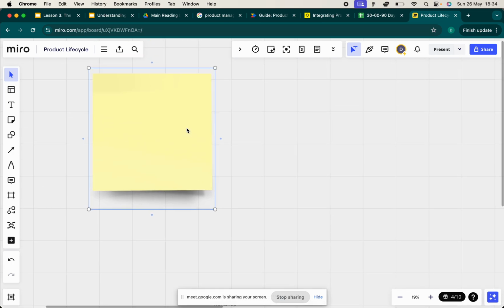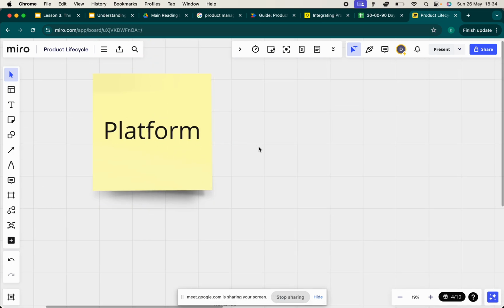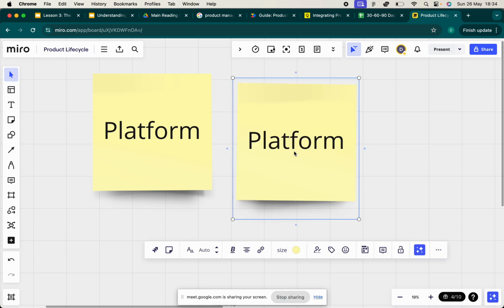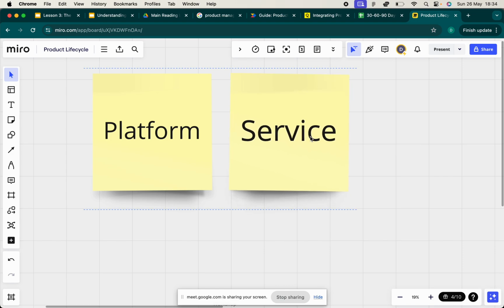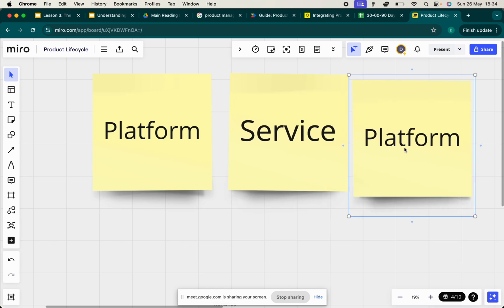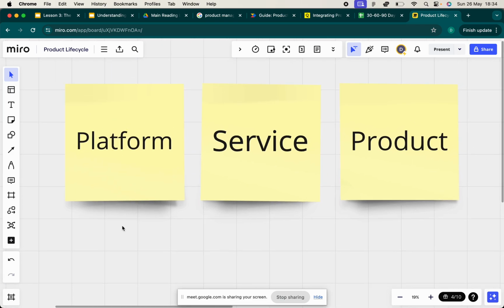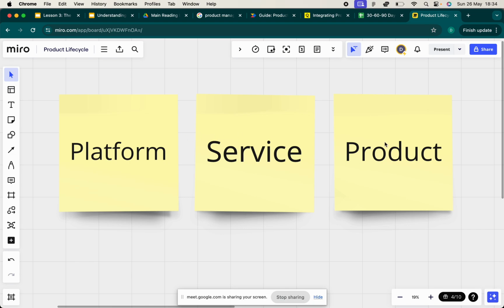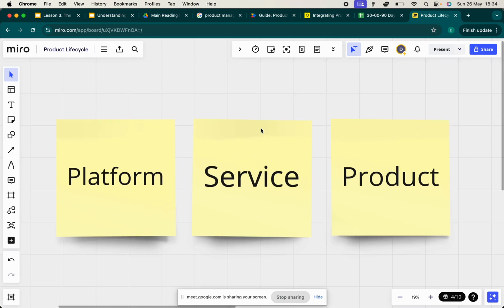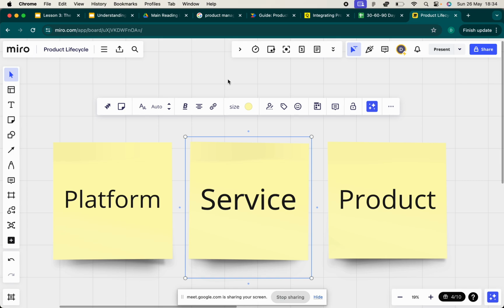So a product can be referred to as a platform. That's one. You can also call it a service, and you can also call it a product. So whenever you hear these three different names, they all mean the same thing. And what are these things?